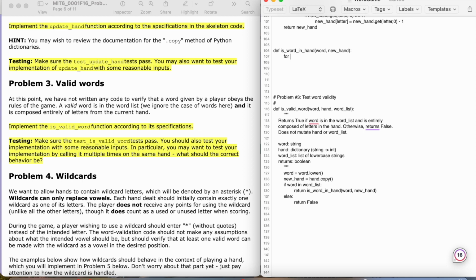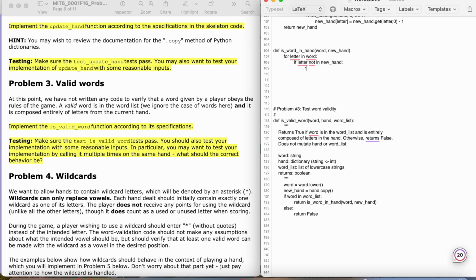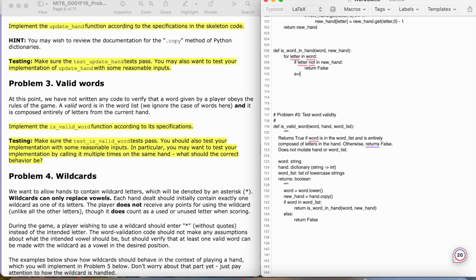So basically, for every letter in the word, so for letter in word, if letter is not in new_hand. Remember, we called it new_hand right here because we made a copy of our original hand, so now the hand that we are using is new_hand. And since we are calling the is_word_in_hand function from is_valid_word, we can use what we have defined above. So if the letter is not in the new hand, then we simply return false. And then otherwise, or else,